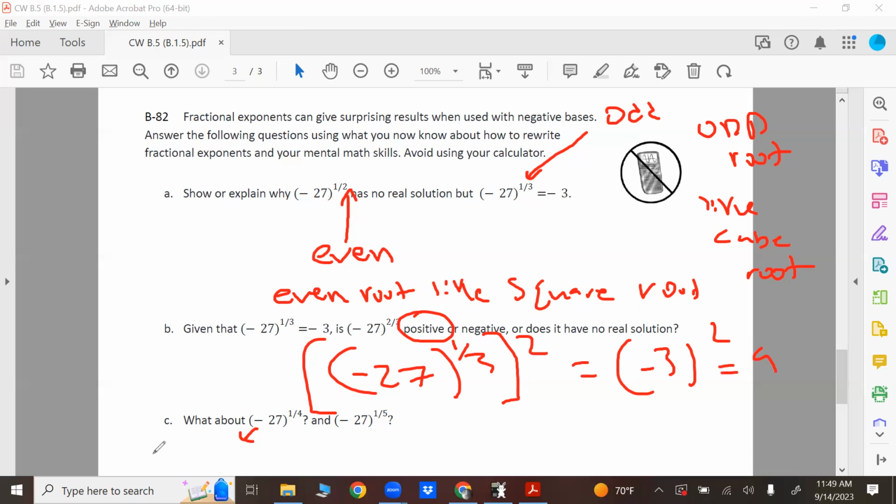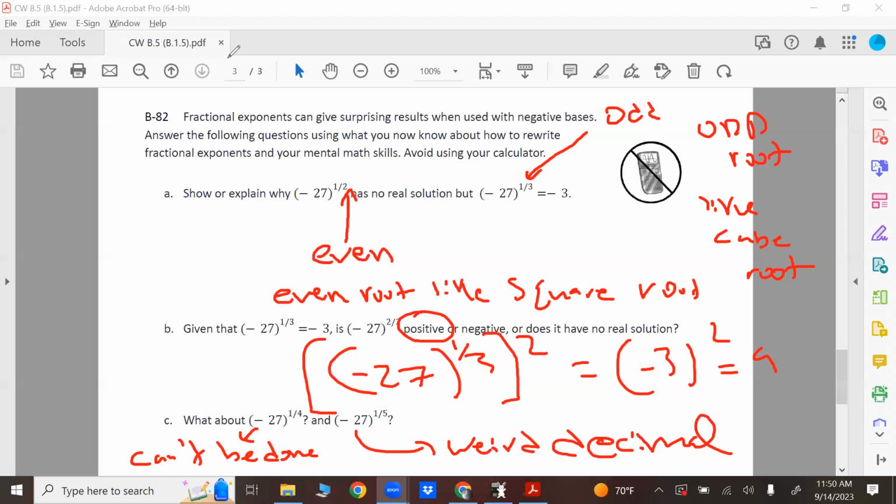Now, this can't be done. This is going to be a weird decimal. Well, I'll do it in the calculator with you guys. But yeah, the 4th root of negative 27. Can I multiply a number 4 times and have it be negative? No. 5 you can. But if I multiply 4 negative numbers, it's positive. You can't even root